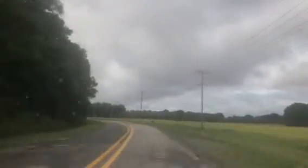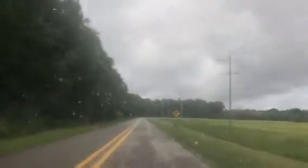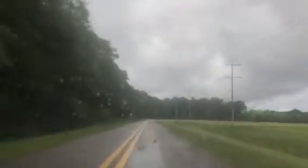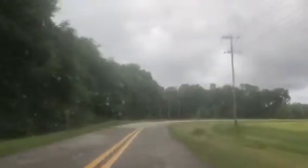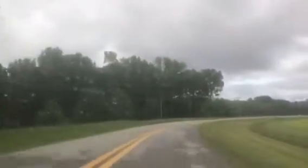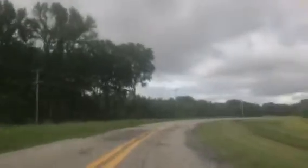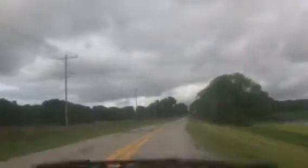See those storm clouds. I'm hoping, I've been staying behind this storm all the way to the campsite, and so by the time I get to Lake Merrisach, which is in Tichenor, Arkansas, the rain is supposed to stop around 4 o'clock, which is about 10-15 minutes from now, according to my weather app. So I'm hoping that I've stayed behind it pretty well, and that way I won't have any more rain until Wednesday,